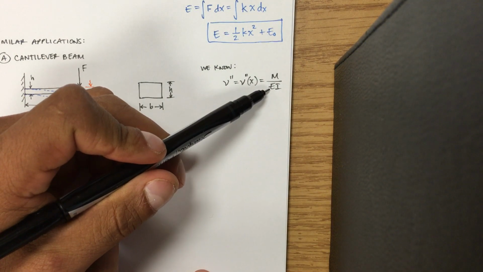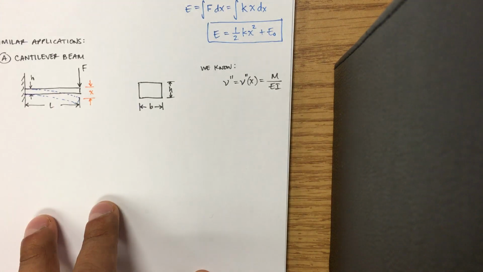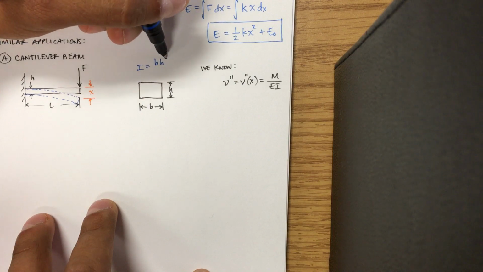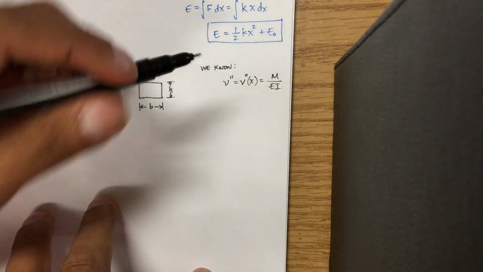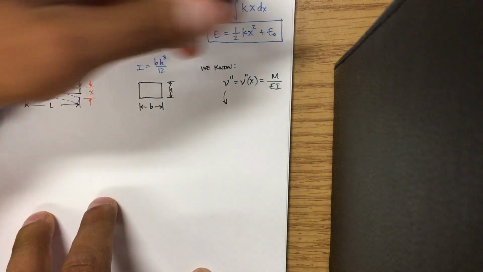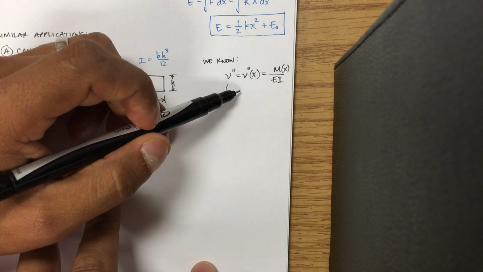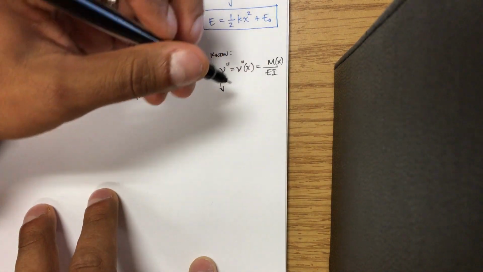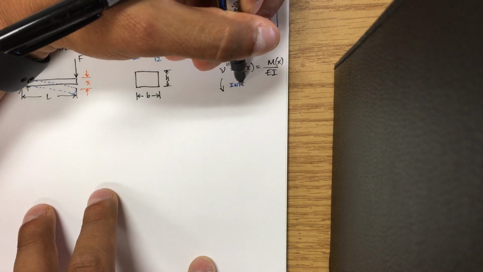So E is the modulus of elasticity, also known as Young's modulus, and I here is the moment of inertia of the cross-section. At least for a rectangular cross-section, we know that I is equal to BH cubed over 12, but again, that's important, but we need to integrate this a couple of times. E and I are just constants, but here M, which is also a function of x, we need to integrate once. We get the slope equation. The second time, we actually get the deflection x. So if we need to integrate twice, let me write that here. Integrate